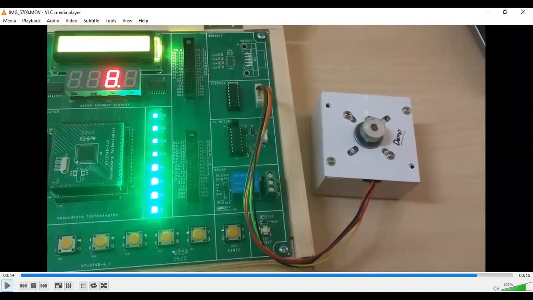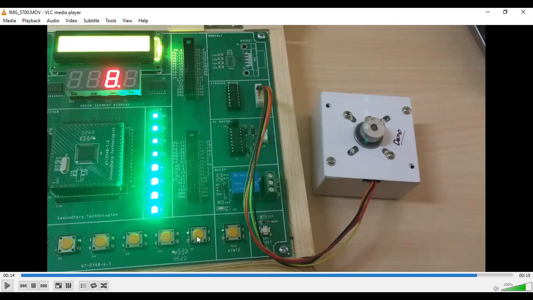Here, the DC motor was connected to a 2-pin interface, whereas the stepper motor is connected to a 4-pin interface. These are the 24th pin, 25th pin, 26th pin, and 27th pin. These were the other 2 pins to which it was connected. So depending on the inputs given across these bits, we are rotating the motor.